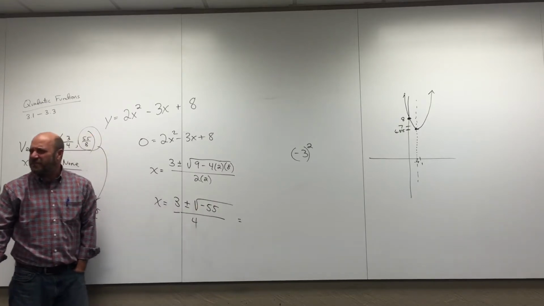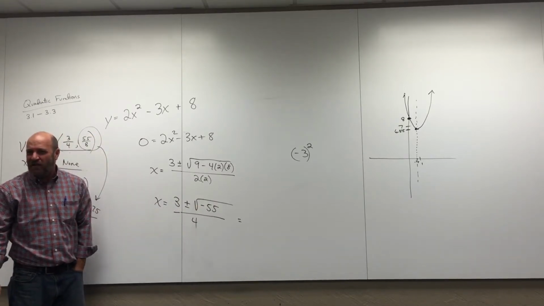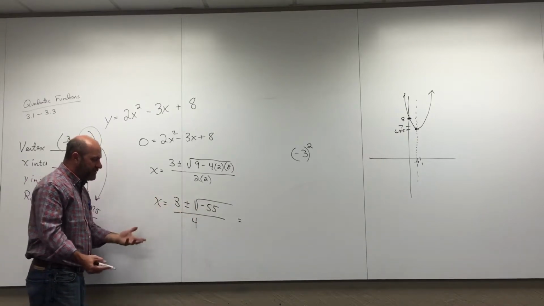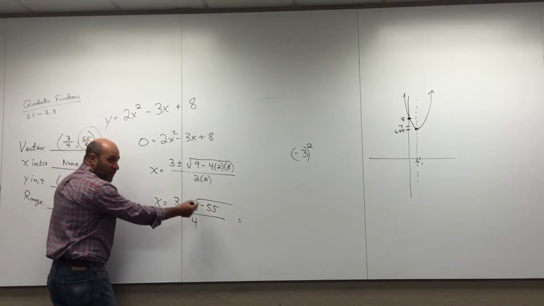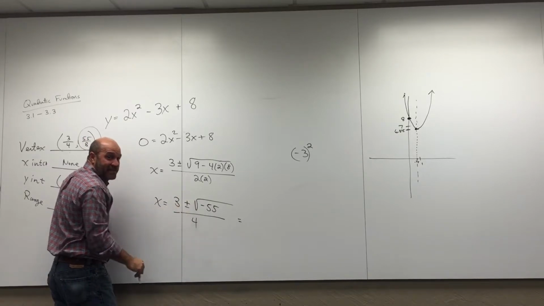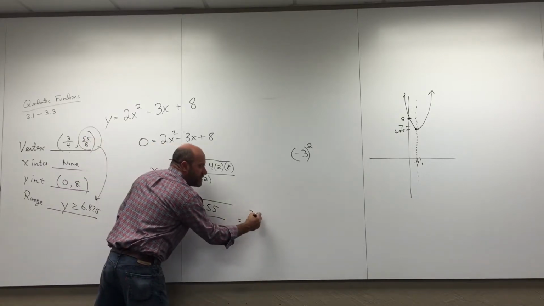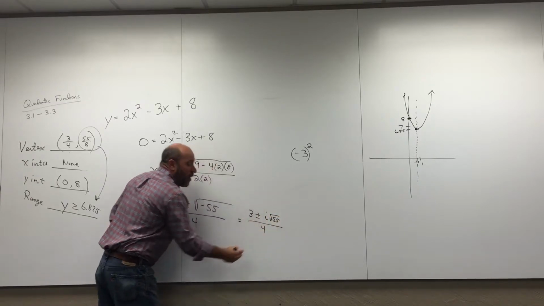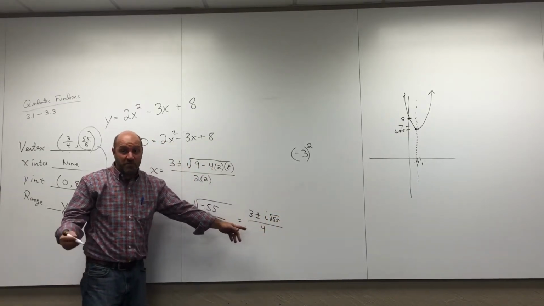55 is 11 times 5. That doesn't clean up at all. How can you do any more cleaning on this? You could pull out the i. You could do that. That's about it. So you could say it's 3 plus or minus i square root of 55 all over 4. Those are your imaginary answers, which means